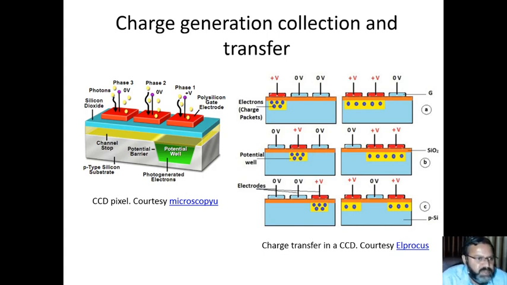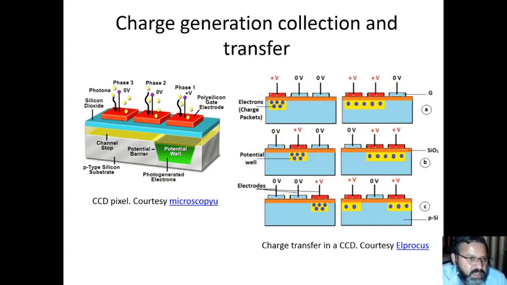So this is a simple 3D representation of how the CCD pixel looks like. Each pixel has 3 gates. One of the gates creates the depletion region where the photoelectric effect generates the electrons and they are stored, and all 3 are called clocking gates. The other 2 are used for generating the potential barrier while generating the electrons, so that the electrons don't spill over to the adjacent pixel.